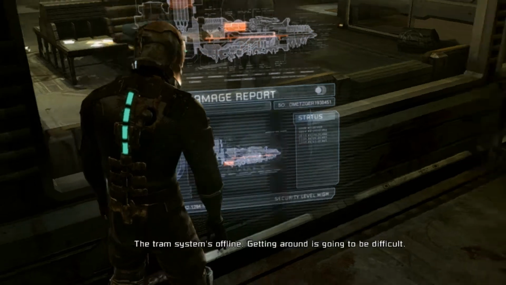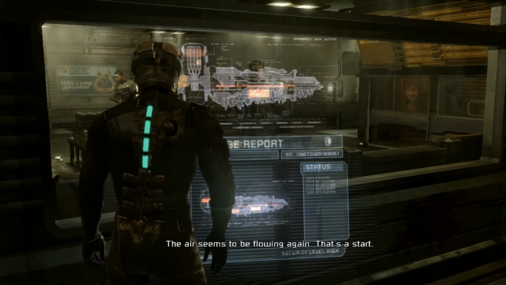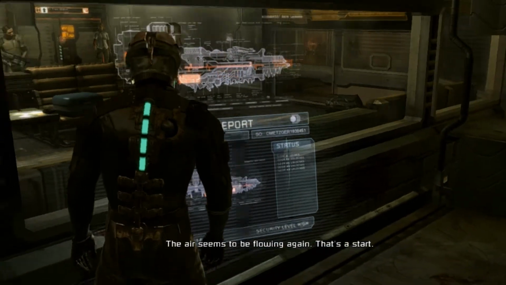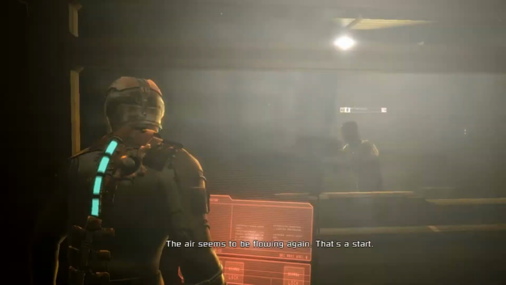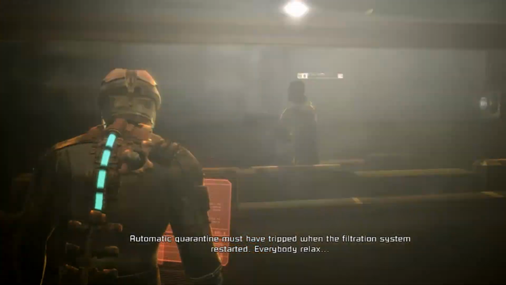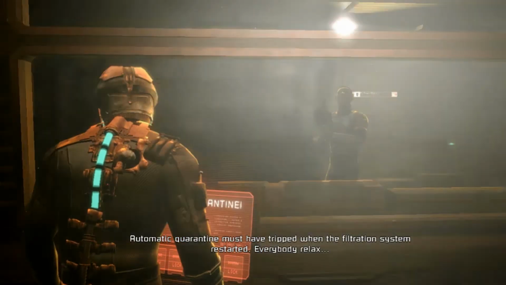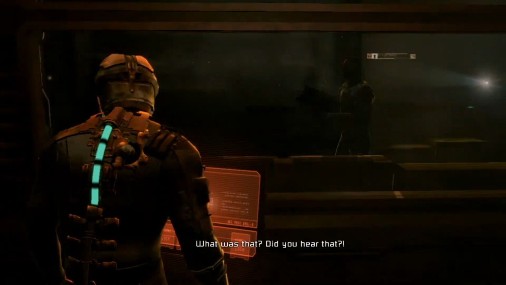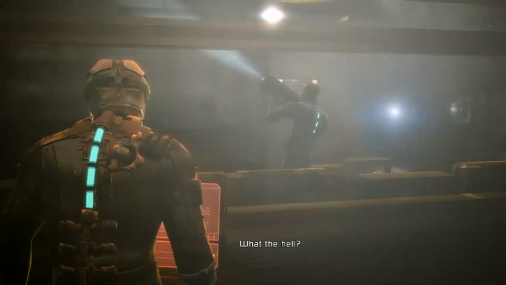Damage. The tram system's offline. Getting around's gonna be difficult. The air seems to be flowing again. That's a start. What the hell was that? Automatic quarantine must have tripped when the filtration system restarted. Everybody relax. What was that? Did you hear that? Not sure. The hell? I don't know.